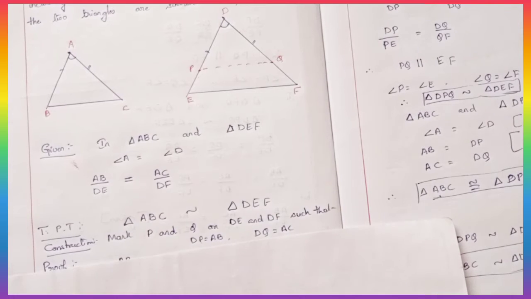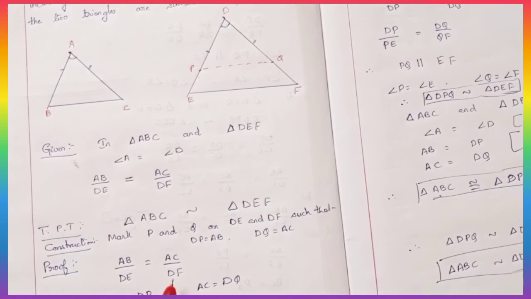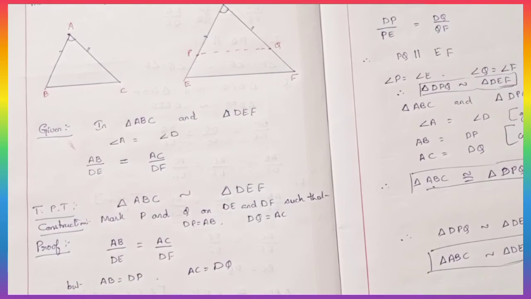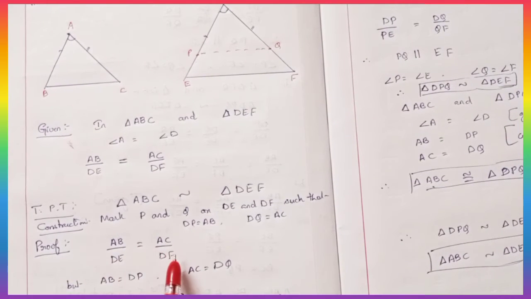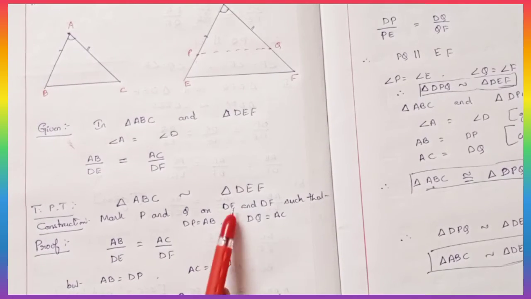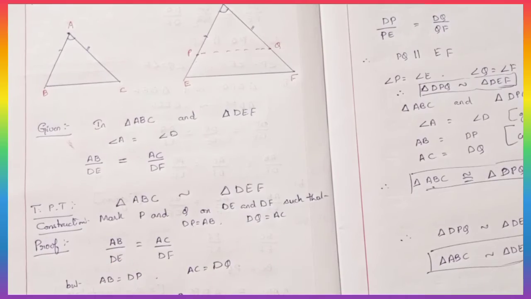So we will start with the proof now. The proof is like this. We are going to take from the given itself. What they have given, that is AB by DE is equal to AC by DF. So AB is equal to what? AB is equal to DP and AC is equal to DQ. This is by the construction we have done here. Therefore, instead of AB, I can substitute